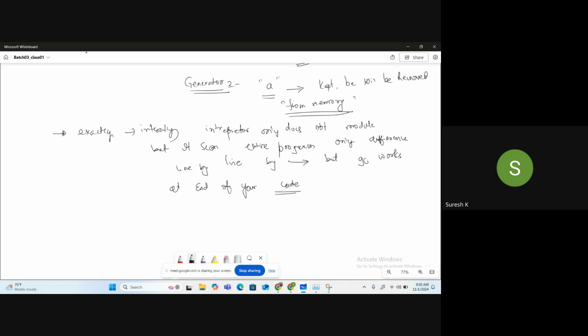Because you are executing line by line, this variable may not be used in the second line, but maybe it is used in the last line of your code. There is a possibility. So it has to go through the entire program, then only can it understand and remove the unused memory.